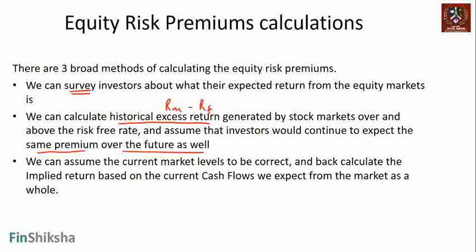The third way, which is the most dynamic way, is that you assume that the current market level is correct, which means the market is fairly valued, and you back calculate the implied return based on the current cash flows that you expect from the markets as a whole. So we will look at this in more detail, but effectively you assume the starting point as the current market value, and